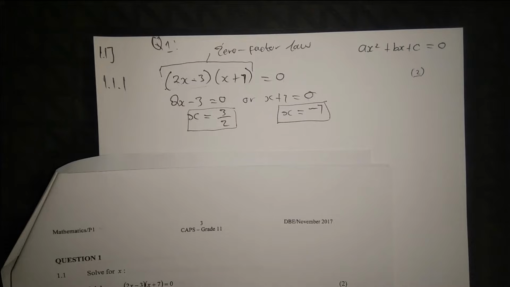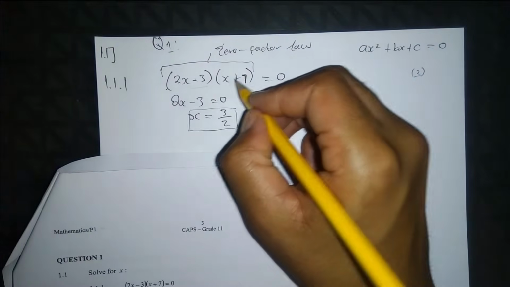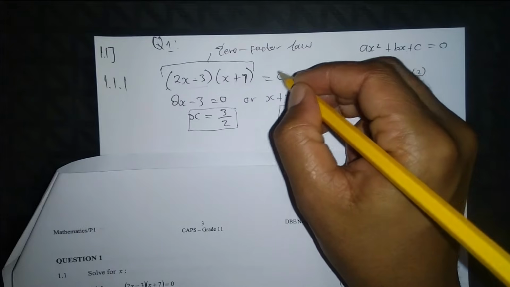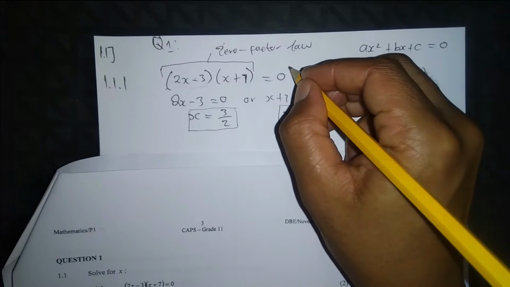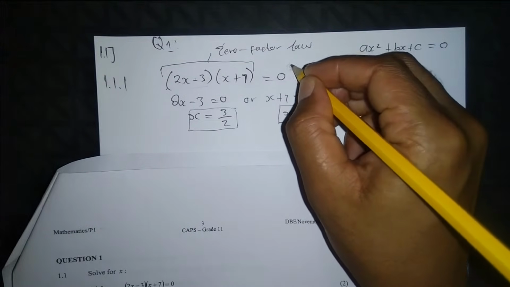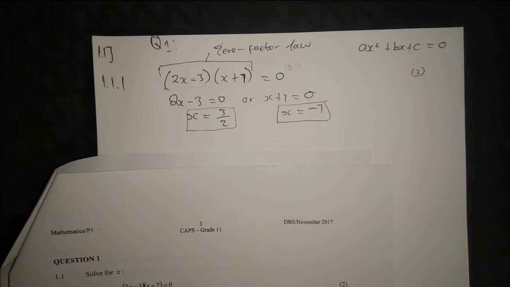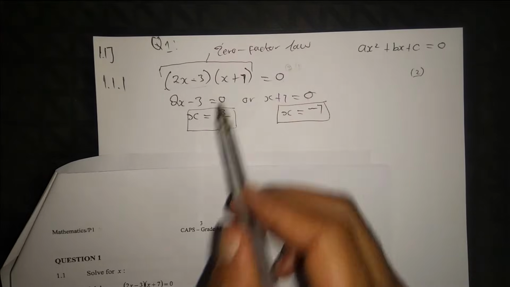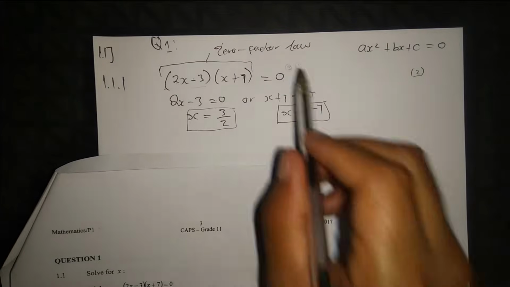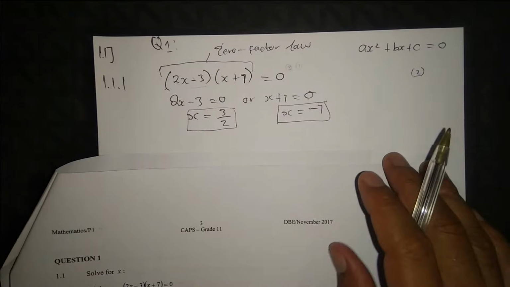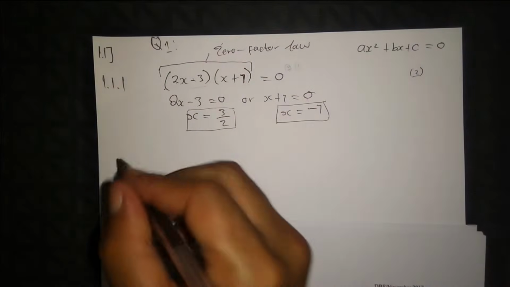Then you find amanyama situations where we have 2 brackets a multiplier, then instead of having 0 on the right hand side, you have maybe a number like maybe 3 or 1 or 17 or minus 3 or something. Then lapho ke kwamele usimplify ama brackets. But if it's 0, you just equate each of the brackets to 0. Ne? Okay, so